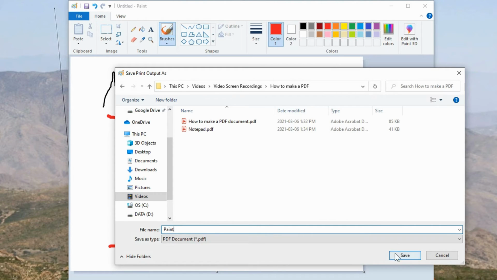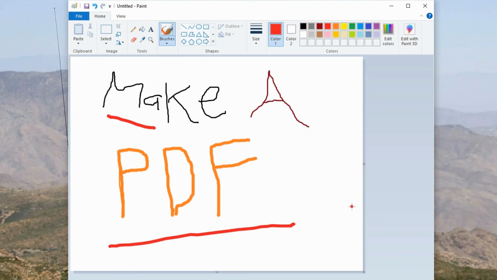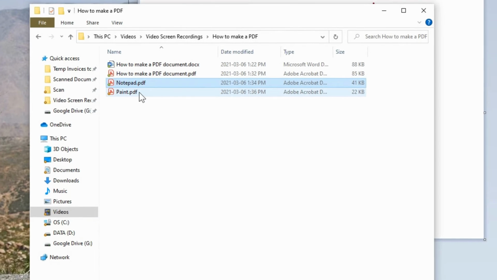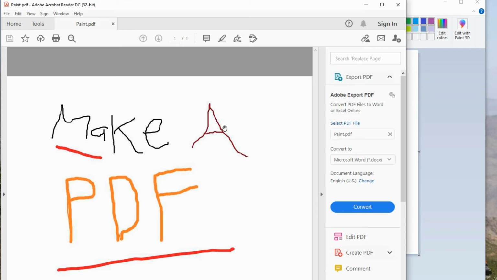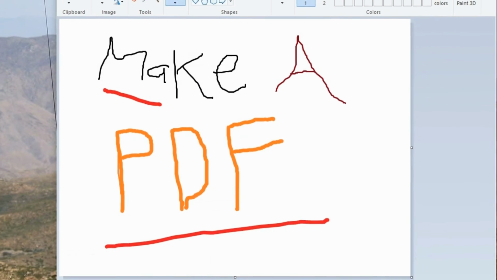So we'll give it a name and then hit Save. So even though you're going to print first, the option is to hit Save after. And we see our Paint PDF file. I called it Paint, but it's a PDF. It's opened in Acrobat Reader, and there is our PDF. And if we were to try just one more,